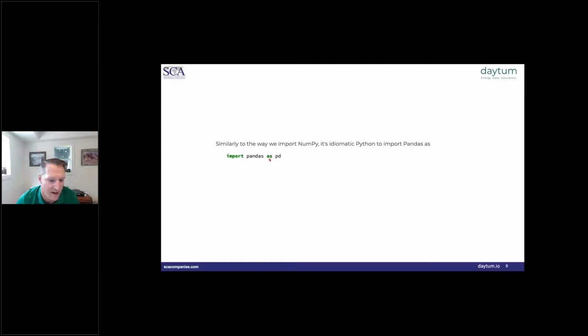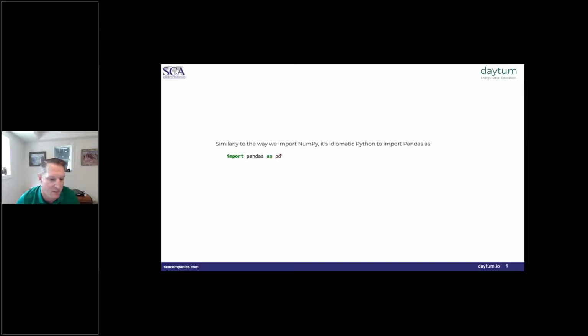And the reason that I take the time to even talk about why it's important to import Pandas like this is because inevitably you're going to find yourself going to the web to look for questions, either within the Pandas documentation itself or also on Stack Overflow, right? I mean, I've been a professional code developer for 20 years. Every day when I write code, I have a web browser open exploring documentation and Stack Overflow. So no matter how much experience we have, we find ourselves going out to the web for help.